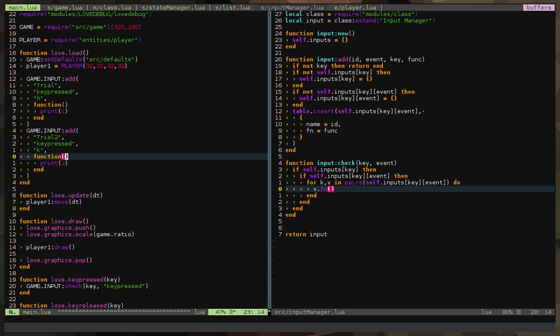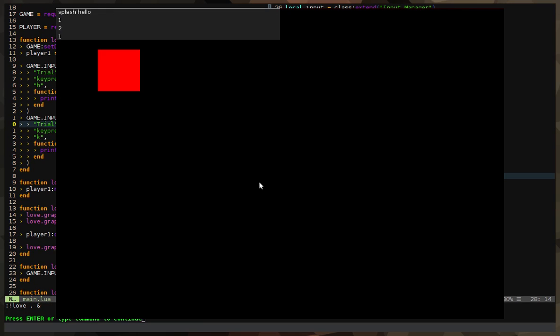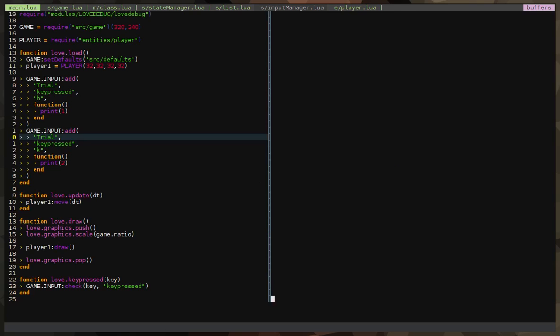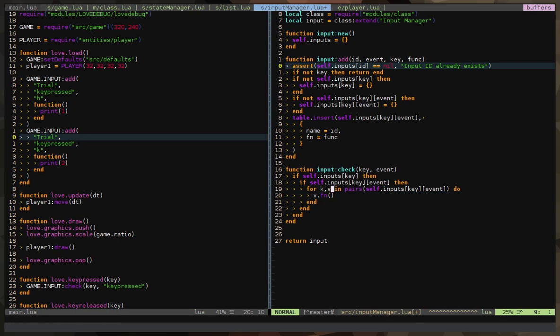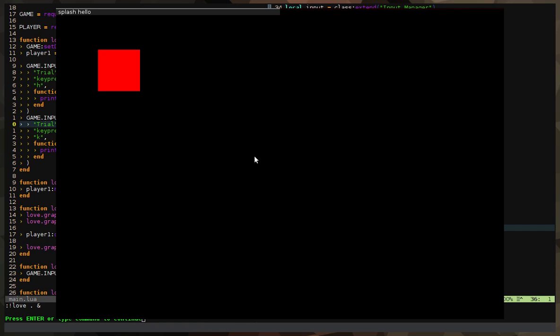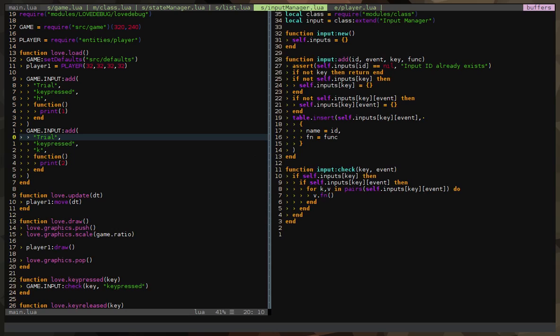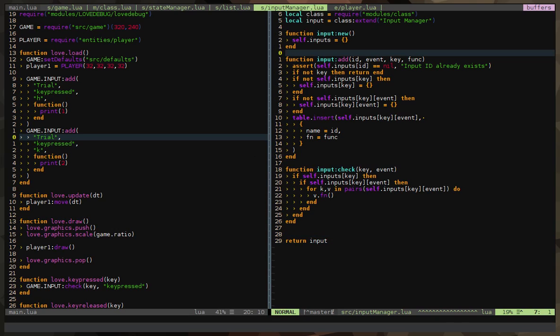So let's try using the same name. It will not give us an error. You can print both still, but if I add the assert function again, it will give us, no, it doesn't.